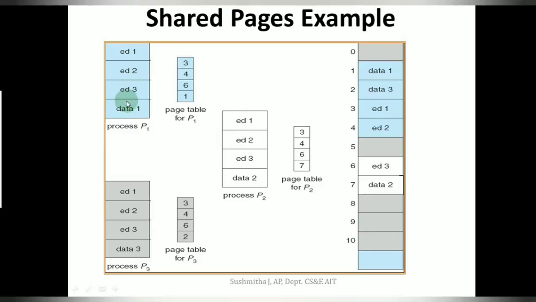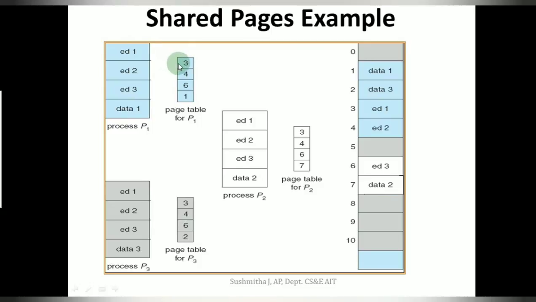Whereas the private content pertaining to that process shall be allocated a new page. Now if I say process P1 has private code or content of data 1, and ED1, ED2 and ED3 are shared content, so that is mapped to the single location. You can see here